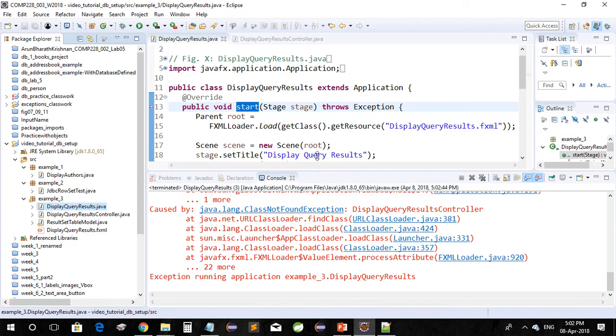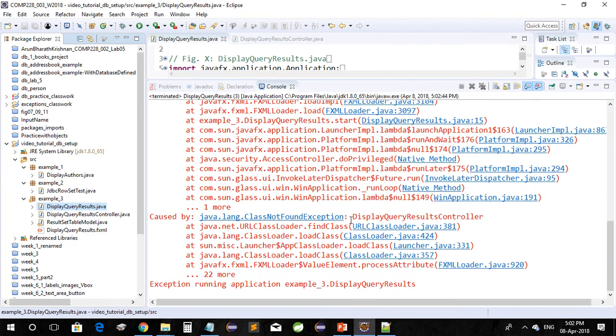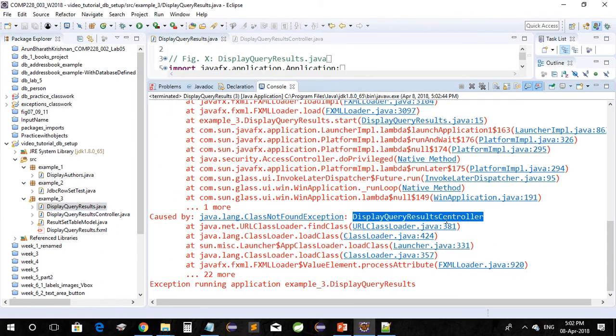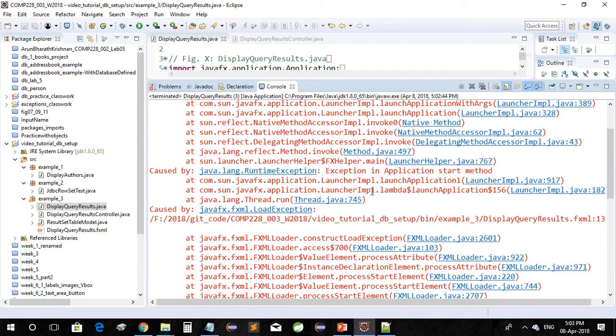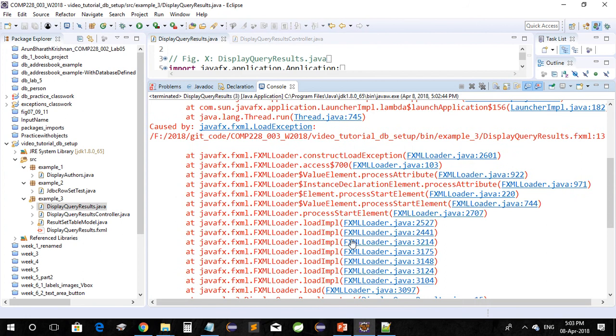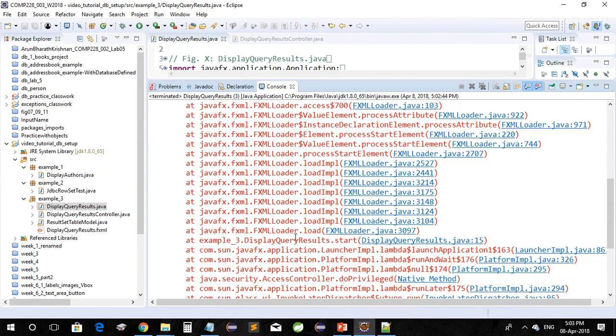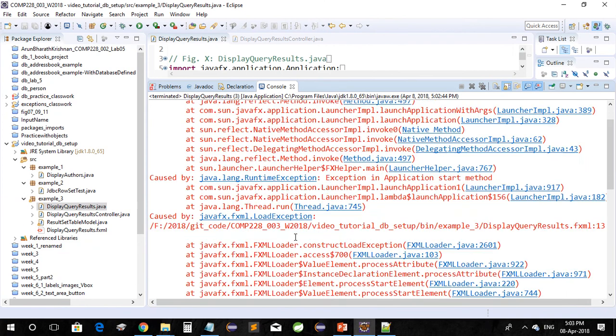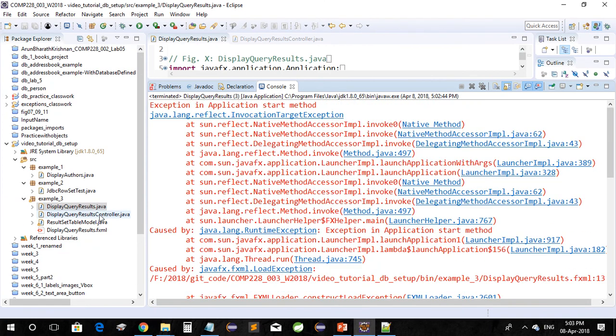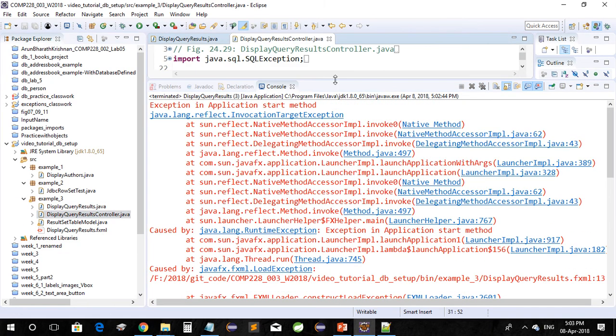So I'm getting a problem here. It's saying class not found, display query result controller. So somewhere in my code, something is looking for this class and it cannot find it. We already actually know what is looking for it and where it's looking. I see it has to do something with FXML loader and so on. So the reason is actually that this controller is defined in our